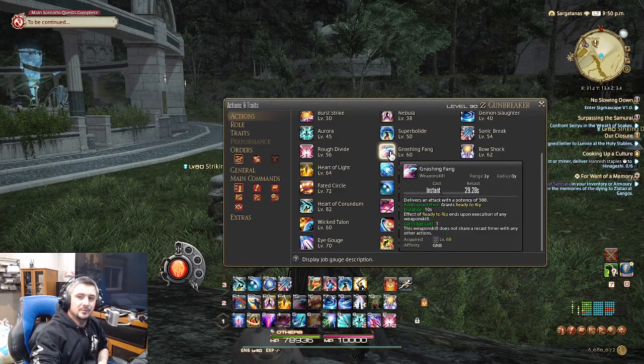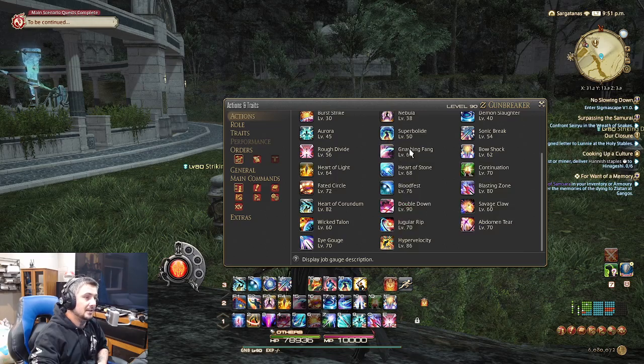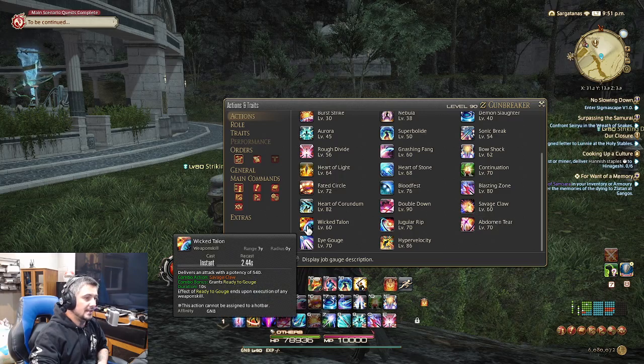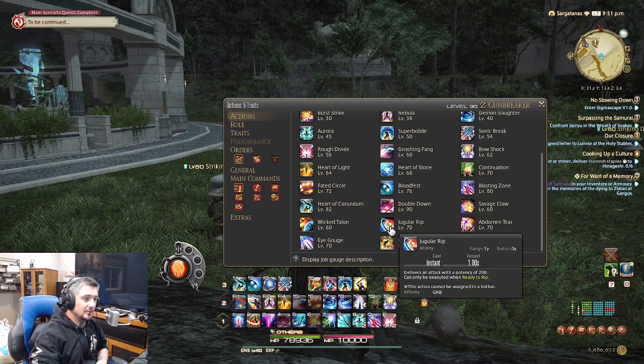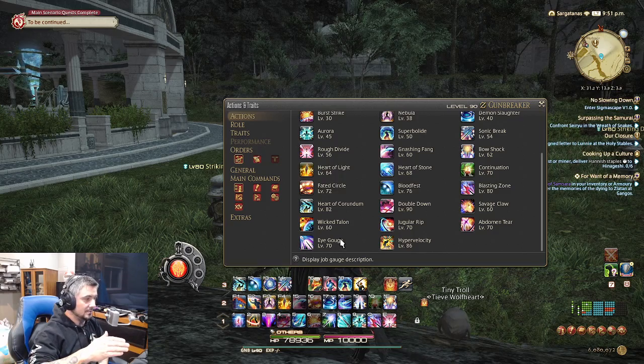So at 60 we get this 3-hit combo, right? And this is what I'm talking about, a combo-driven combat. You get Gnashing Fang. After you use it, it turns into Savage Claw. After you use Savage Claw, it turns into Wicked Talon. Well, at 70, when we get Continuation, you get Gnashing Fang, which then procs Continuation that turns into Jugular Rip. So you do Gnashing Fang, Jugular Rip, Savage Claw, Abdomen Tear, Wicked Talon, Eye Gouge. So it becomes what normally would be a...